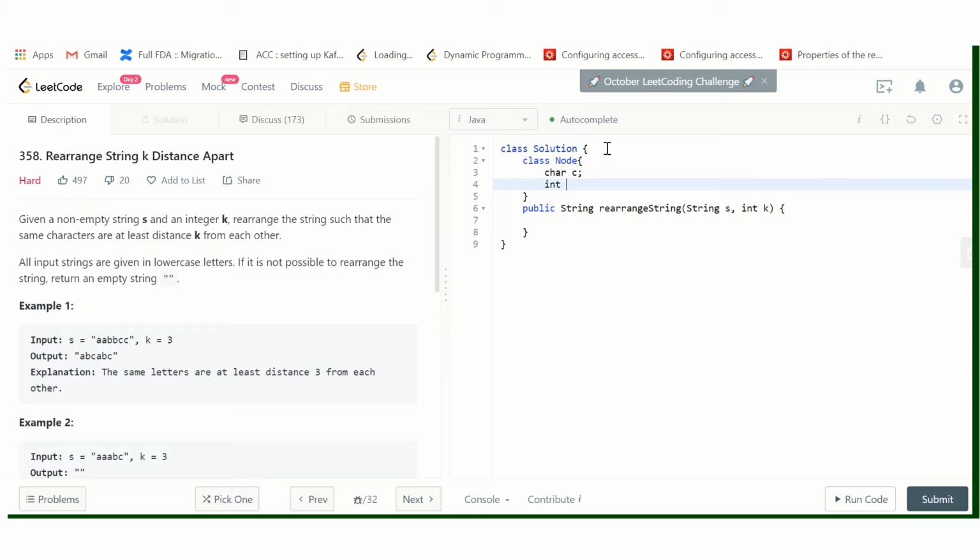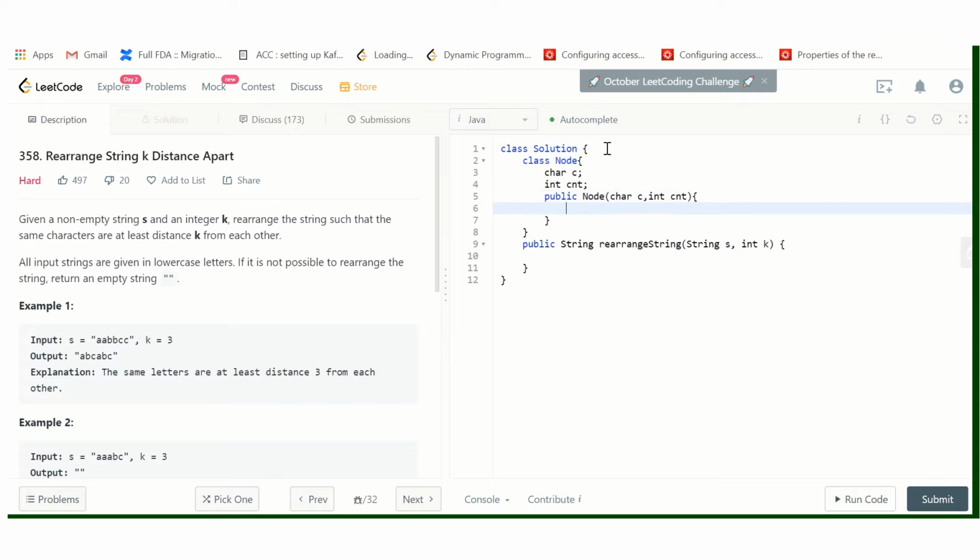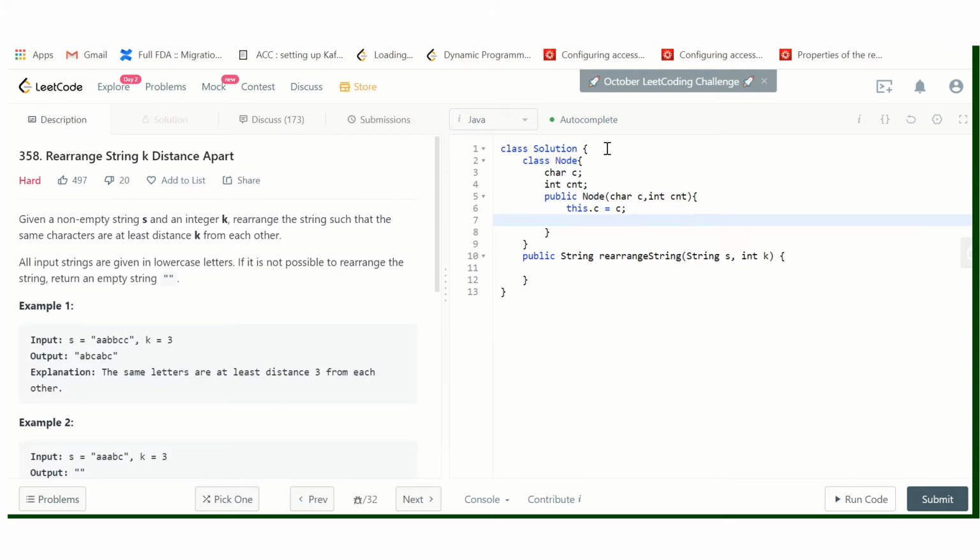Character c and count. Public node, this dot c equal to c, count.